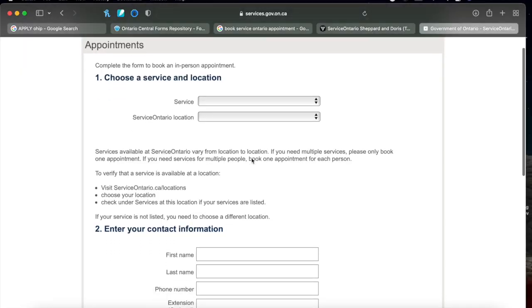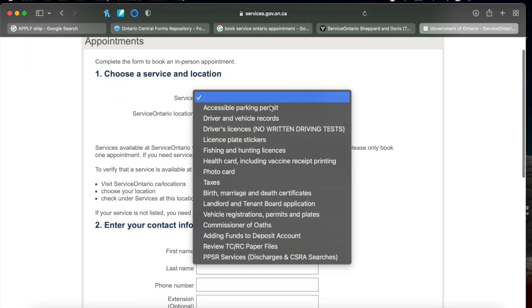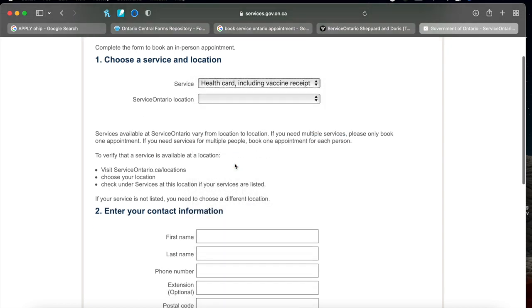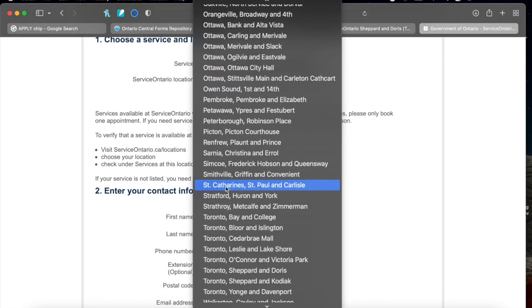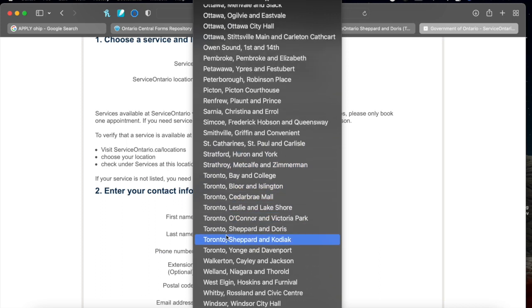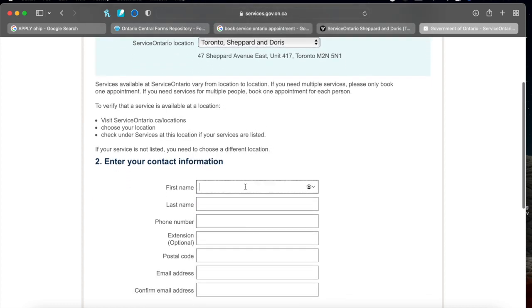So you go there, you will select the service you want, and from here you have to select this option, health card including vaccine receipt printing, right? You have to select this one, and then the location, the same that you chose before, right? So the same I had in the previous slide. It was Toronto Sheppard and Dufferin, right? This one. And then here you have to enter your contact information, so your first name, your last name, your phone number,